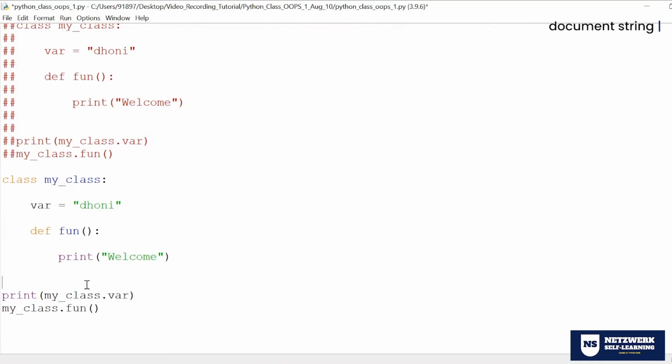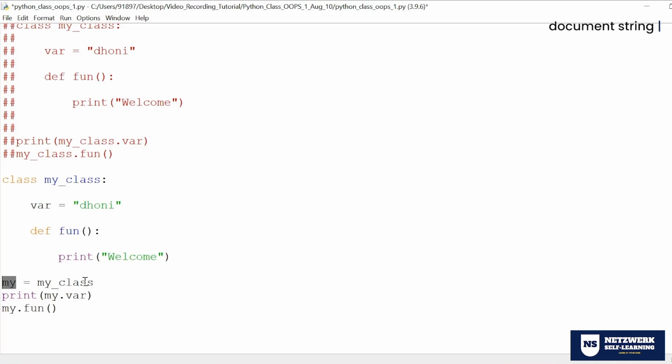Now the same thing can be used with a shorter notation. Instead of calling the class all the time, you can use an object reference. Instead of calling MyClass all the time, you can use this kind of reference. My is nothing but a reference of MyClass. For example, if the person's name is Karthikeyan, the bigger name, I can call him Karthi. So what is Karthi? Karthi is nothing but a reference for Karthikeyan. Same thing, my is a reference for MyClass.